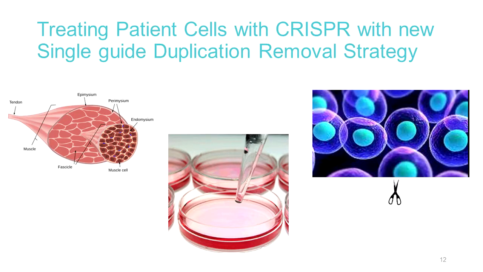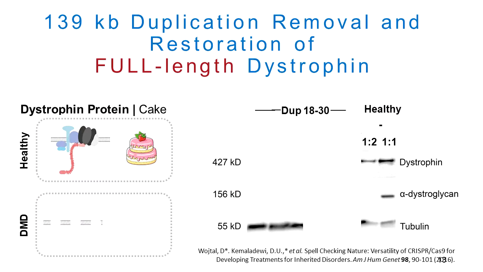So we had patient cells from a duplication 18 to 30, and we said, okay, can we use CRISPR right now to remove this duplication and restore normal dystrophin production? In this situation, if you look at the healthy individual, you have dystrophin. Individual with duplication, we have no dystrophin. But as soon as we introduce CRISPR, you are going to see that dystrophin starts to appear